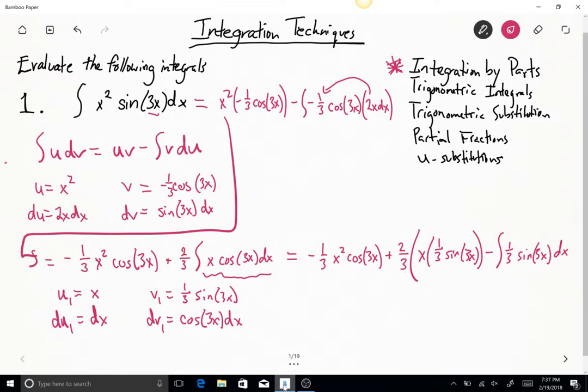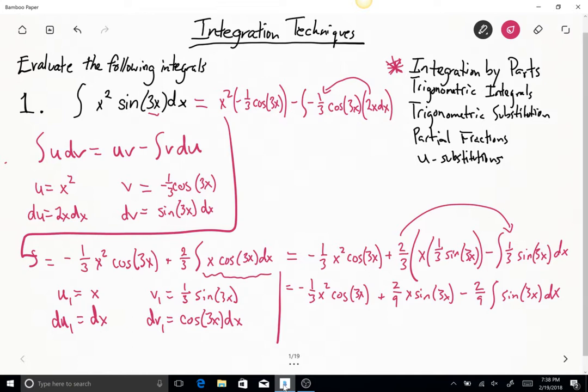Okay, so moving to the finishing touches here, we get equals, we'll have that negative 1/3 x squared cosine of 3x plus, we have 2/3 times 1/3, that makes 2/9, and then we'll have x sine of 3x. And then 2/3 times 1/3, that'll make a minus 2/9 times the integral of sine of 3x